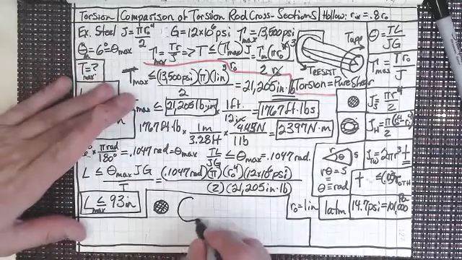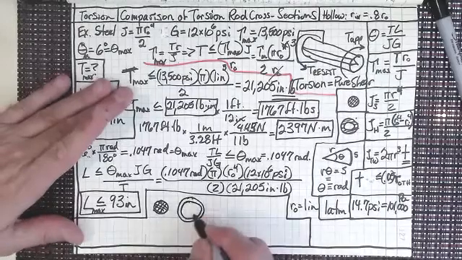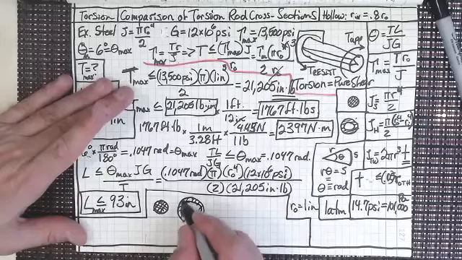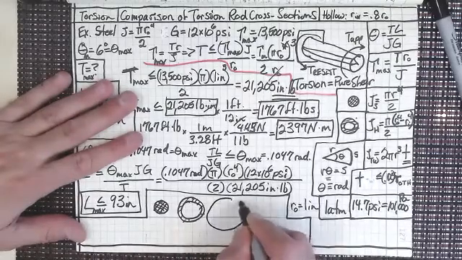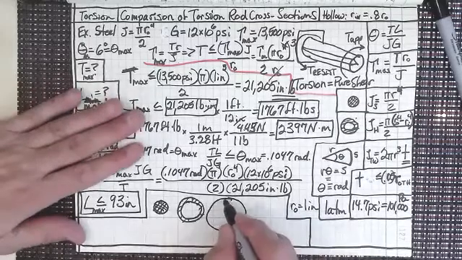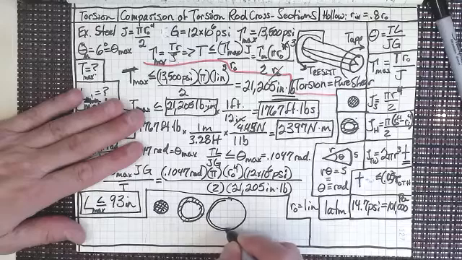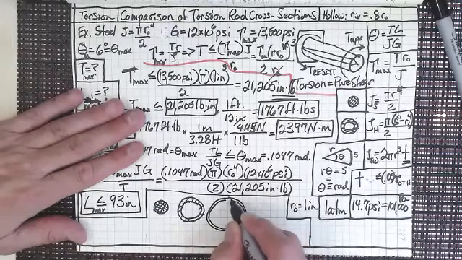I'm going to look at another rod that has 80% of the inside of the rod cut out. Then I'm also going to look at another rod where I've only left 5% of the outer radius as my thickness,